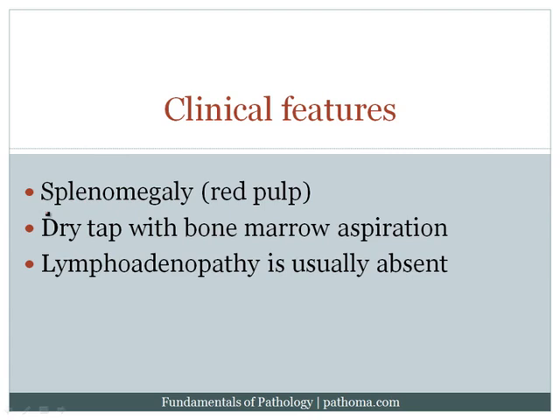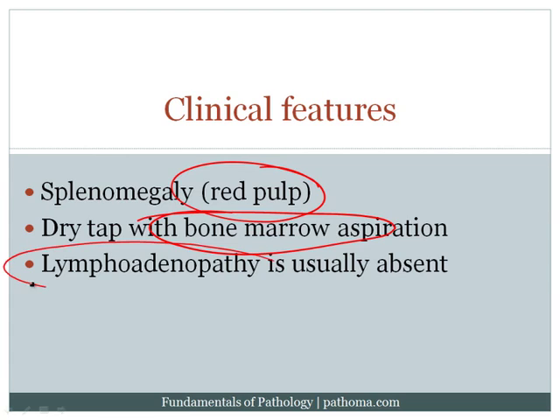It also helps me to remember that the cells get trapped in the red pulp, and they get trapped in the bone marrow, and because they're trapped in the red pulp and trapped in the bone marrow, they can't go to the place where I would normally expect them, which would be in the lymph node, because I would expect most chronic leukemias would actually cause expansion or enlargement of the lymph node, and here we don't see that. So I use the word TRAP to really help me remember most of the clinical features of